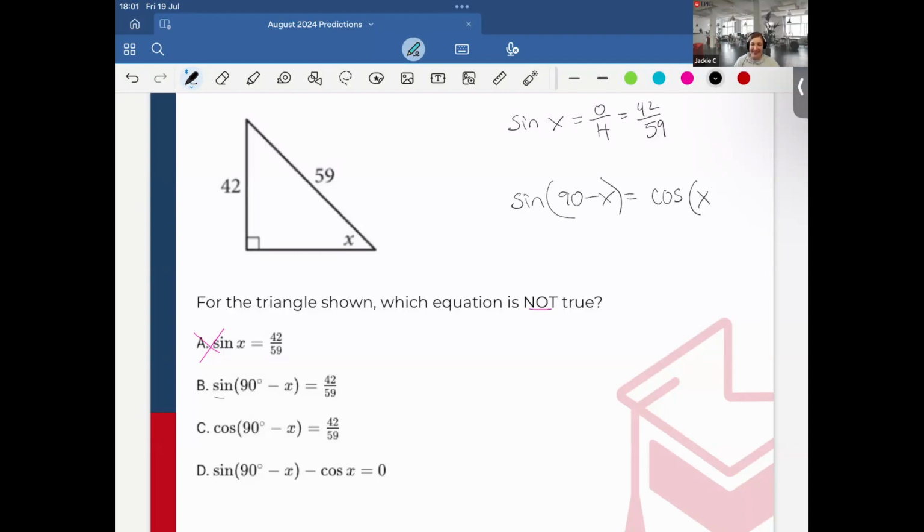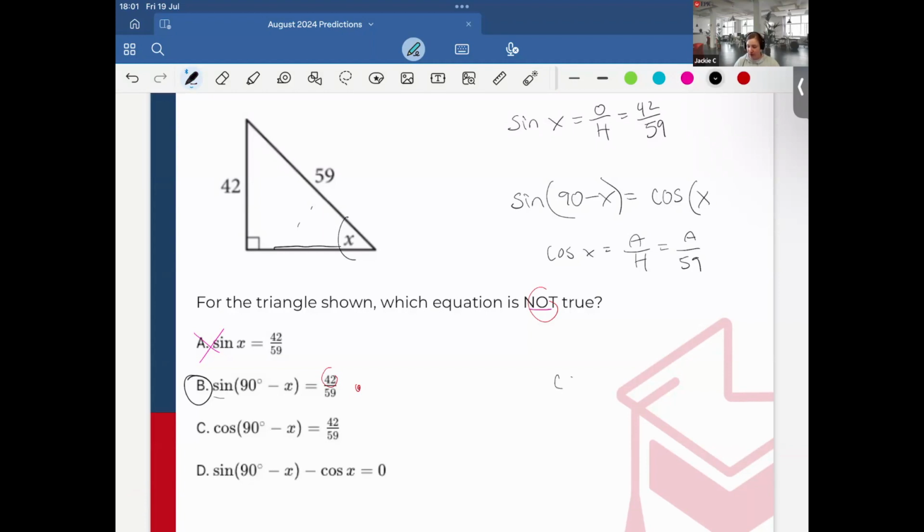So cosine of x, let's see, cosine of x would be adjacent over hypotenuse, which would be this value we don't know, but it would be adjacent over 59. It's not going to be 42, so I think this one is our winner. However, just to go through,